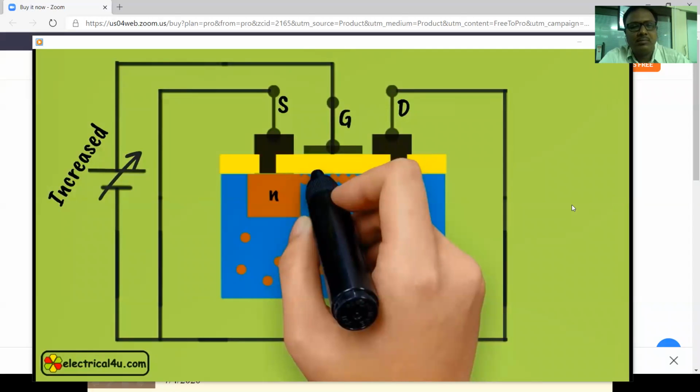And this voltage is called the threshold voltage. So, below the threshold voltage, the device will behave as non-conducting or in off mode. And for gate